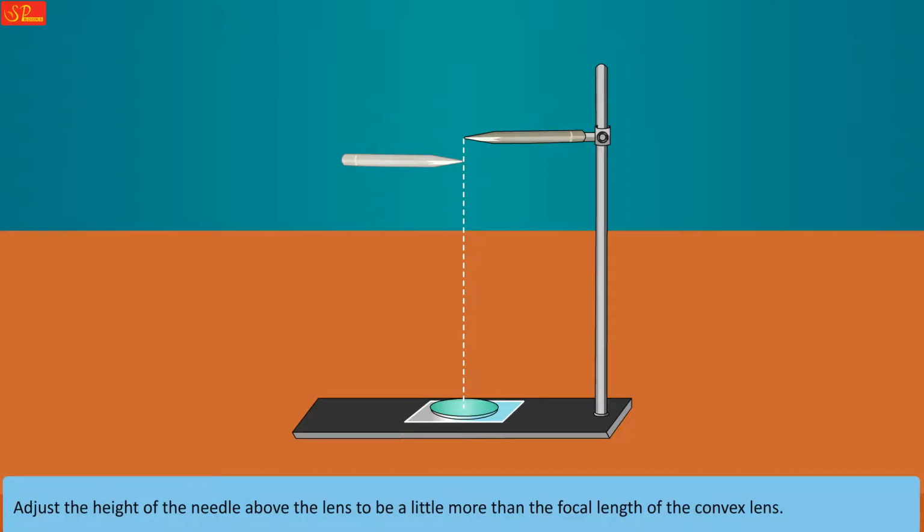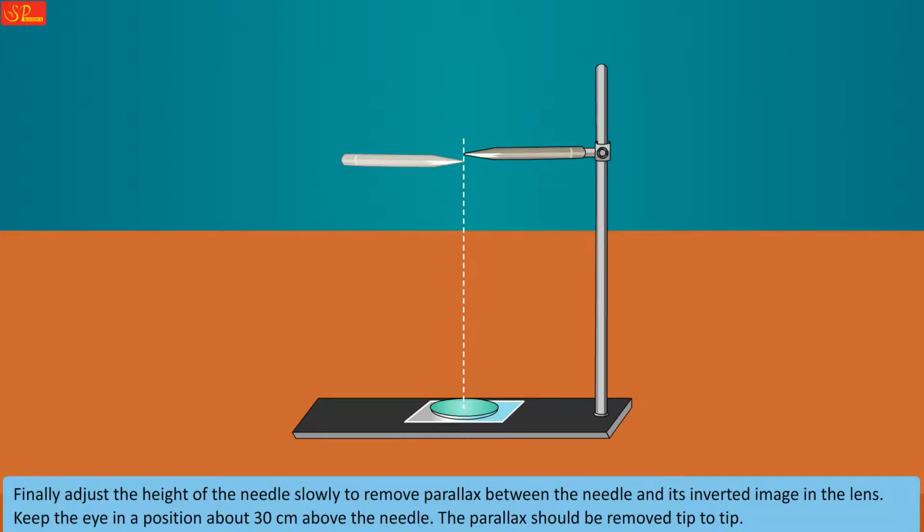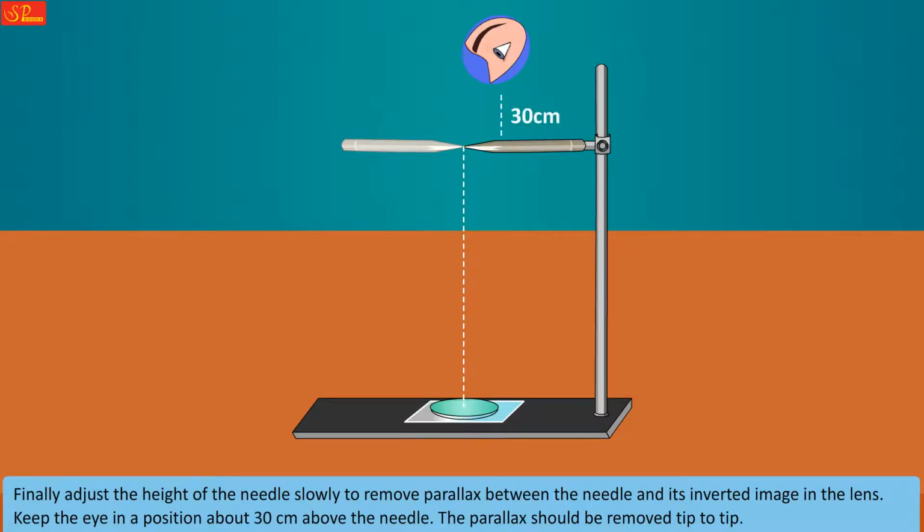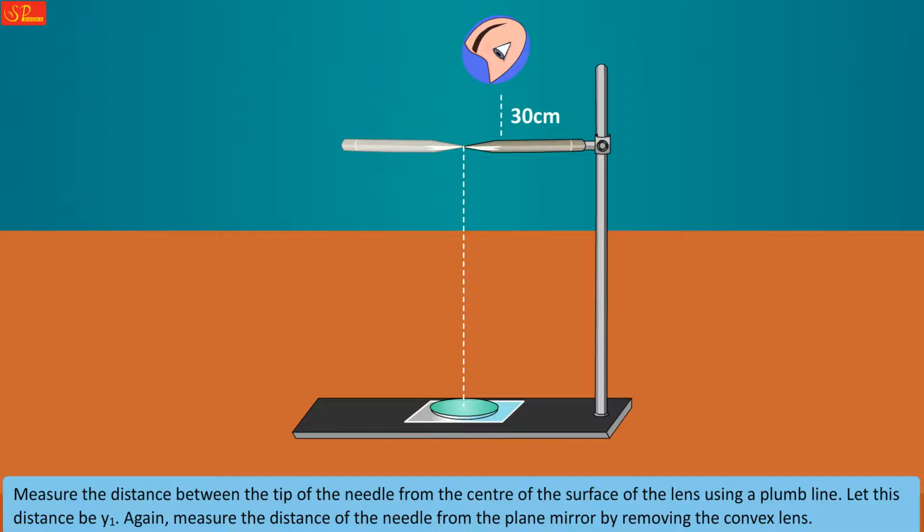Adjust the height of the needle above the lens to be a little more than the focal length of the convex lens. Finally, adjust the height of the needle slowly to remove parallax between the needle and its inverted image in the lens. Keep the eye in a position about 30 cm above the needle. The parallax should be removed tip to tip. Measure the distance between the tip of the needle and the center of the surface of the lens using a plumb line. Let this distance be